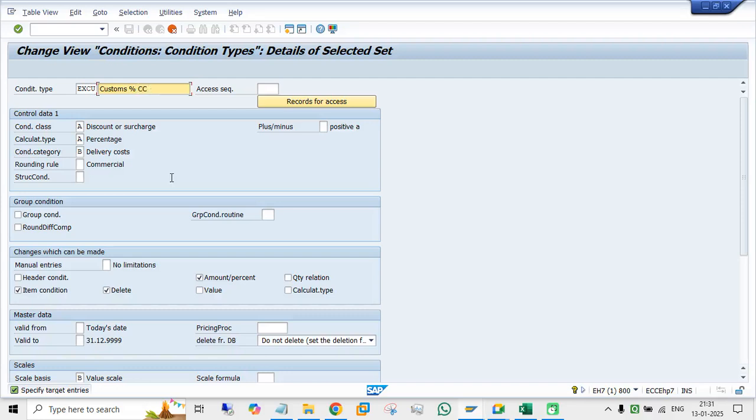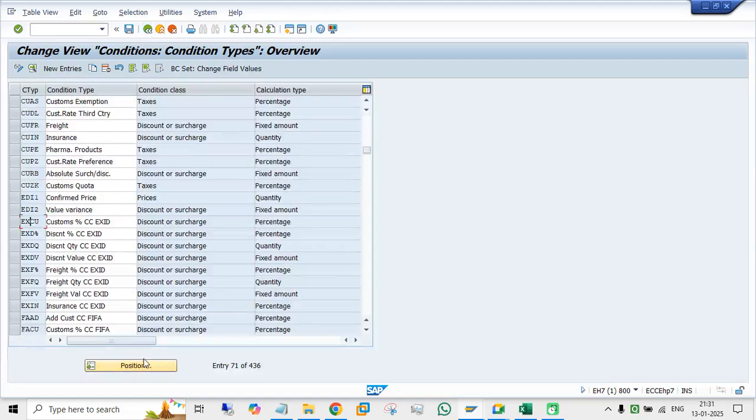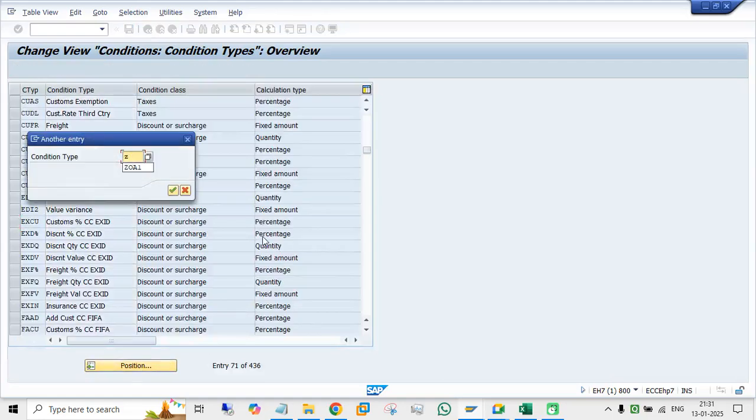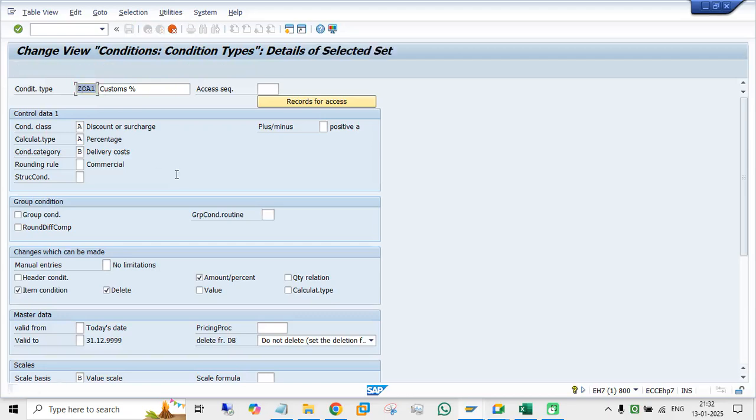Company code EXID, access sequence. Okay, save. Then again ZOA1. Again copy. EX C custom